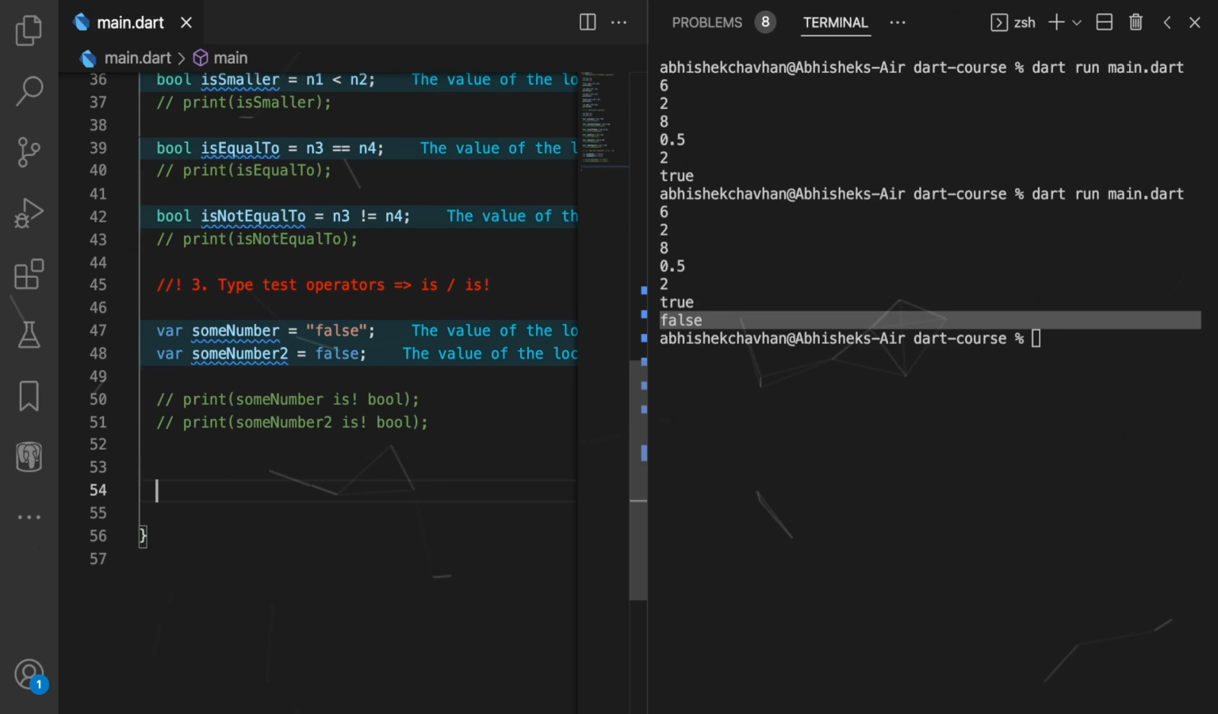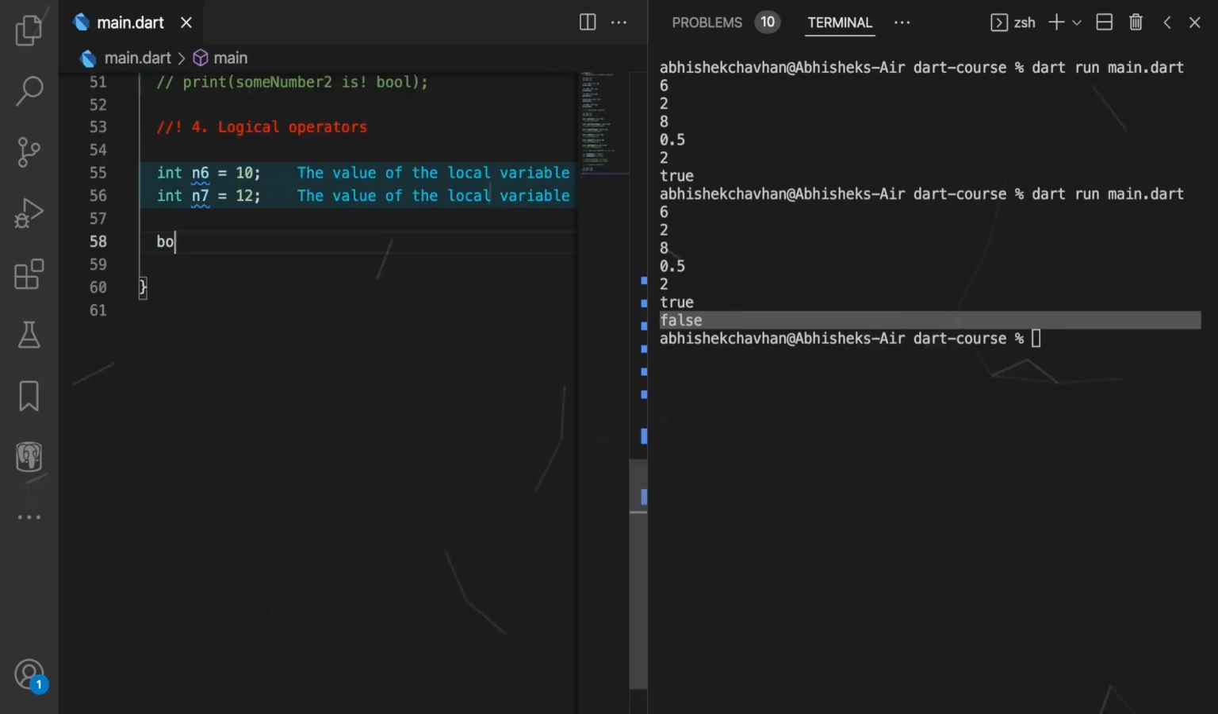Right? So the logical operators are nothing but and, or, and not. So let's try to explain that. Here I'll simply say let n6 is equal to 10, and let's say integer n7. Now you can add any sort of variable name. So here what I'll do, I'll simply say check if